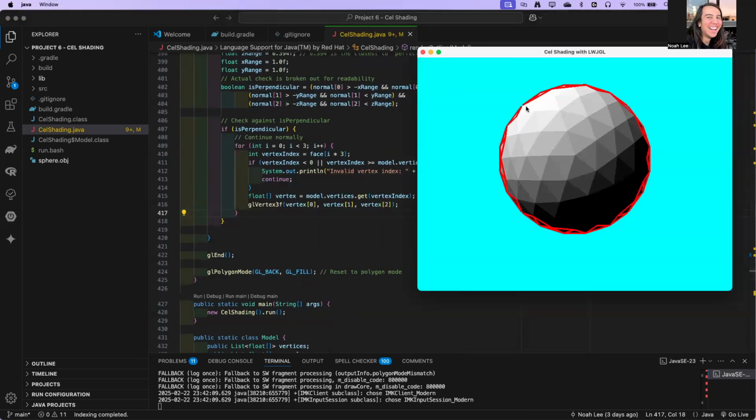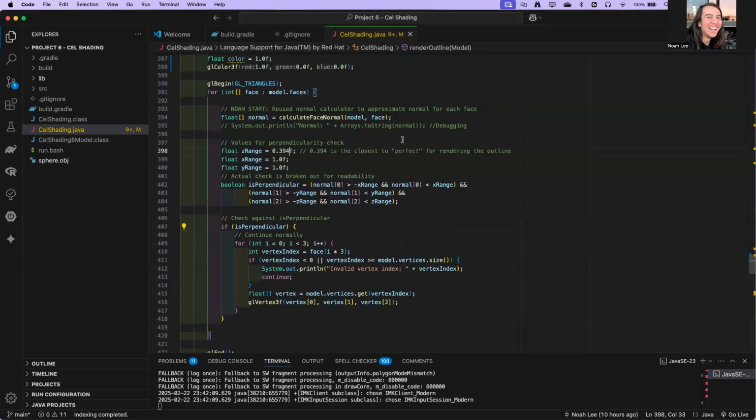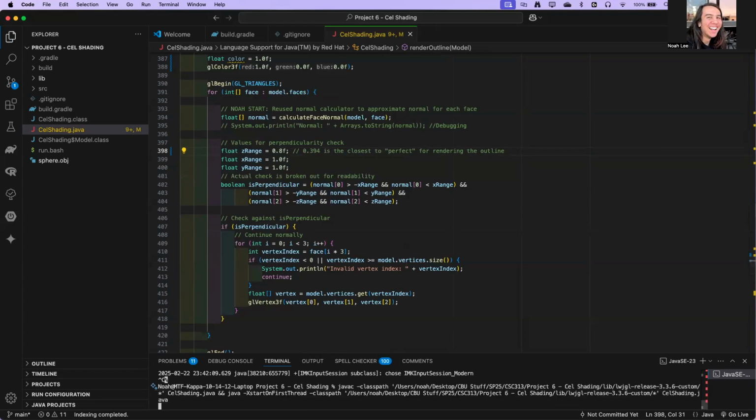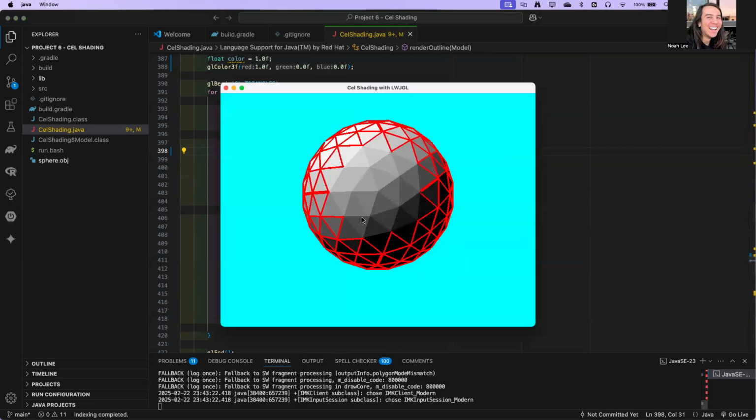This is why we have gaps in some places and why we have the entirety of a given face always drawn in or not drawn. I can show if I decrease the range that we use here. So if I say instead a range of 0.8, we can see that instead only faces near the center of